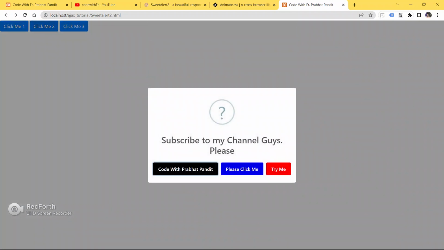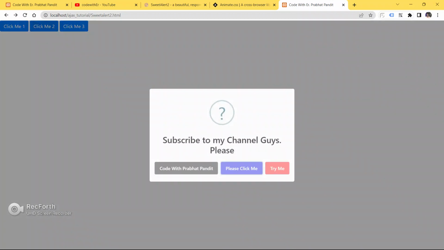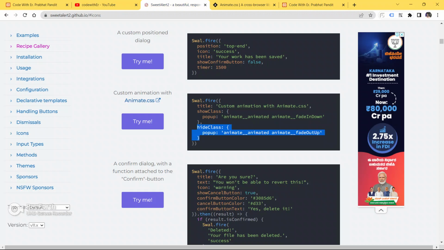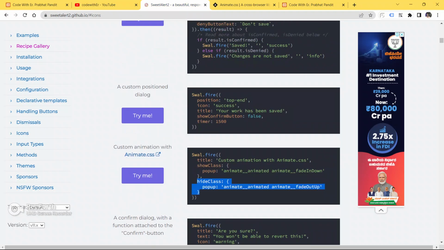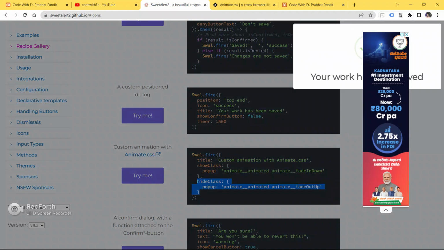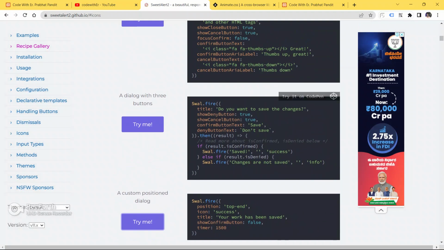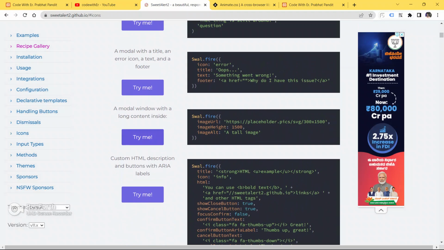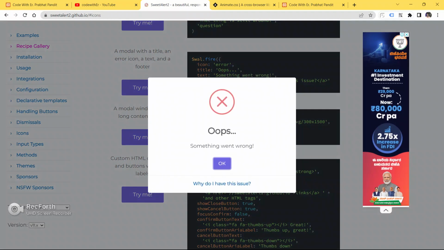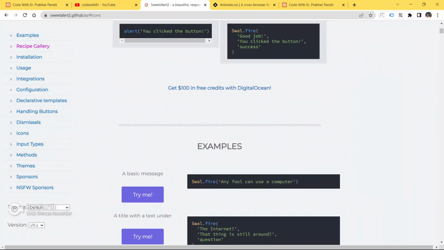See, it is fading in down. See guys, this is the magic of this Sweet Alert. You are able to customize according to your needs, according to your requirements. This is the beauty of this Sweet Alert. So I would recommend you guys, please go here and try it in your project.